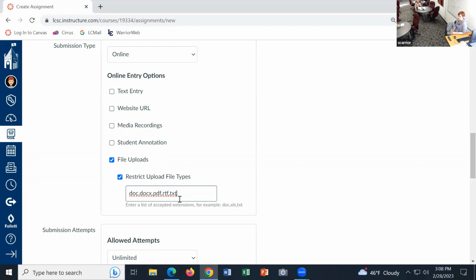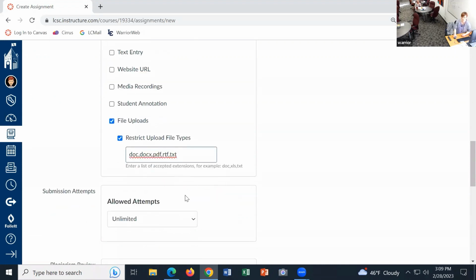However, if you're a stickler for read the instructions and you've told your students do not submit Pages files, Windows users can't open Pages files. That's a Mac file format. You could come in here and say, okay, I'm excluding Pages files because I can't open them. It doesn't happen that often, but every once in a while I get an instructor asking, can you open this for me? Email it back to me. I'm like, yes, I can.